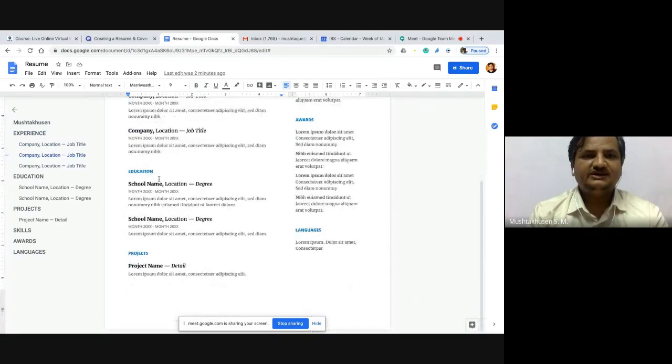Now the fourth one is writing education. When you write education, if you have degree or postgraduate or if you are doctorate, you can start with that. Again, when you write experience as well as education, you can use reverse chronological order. So current one comes first. This is how you can write.